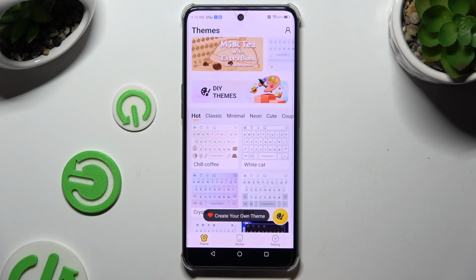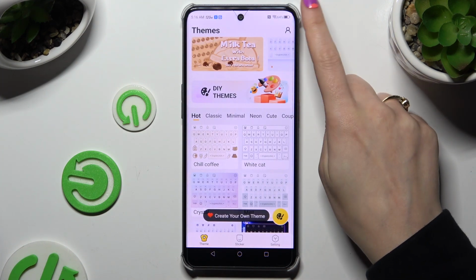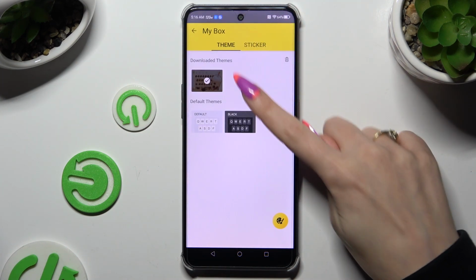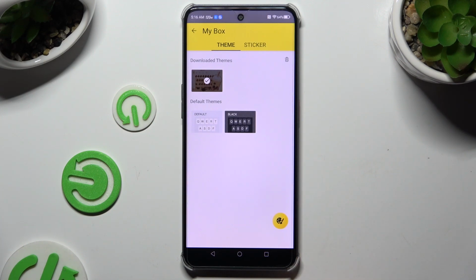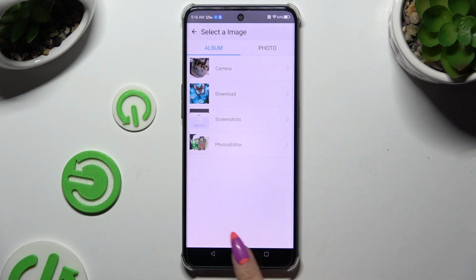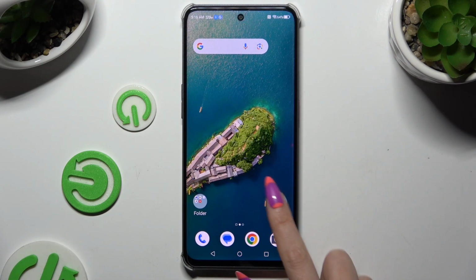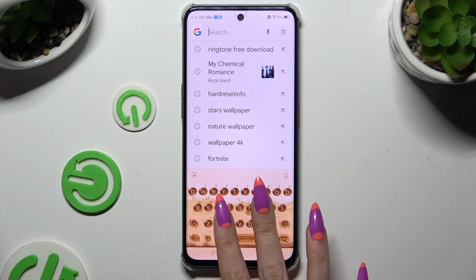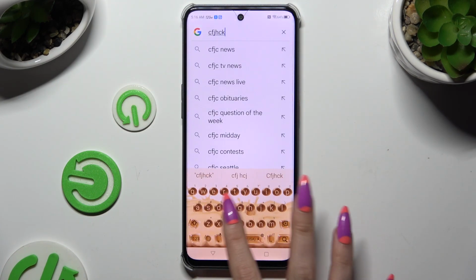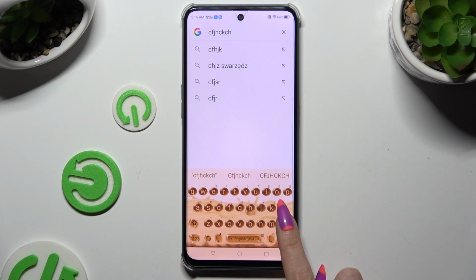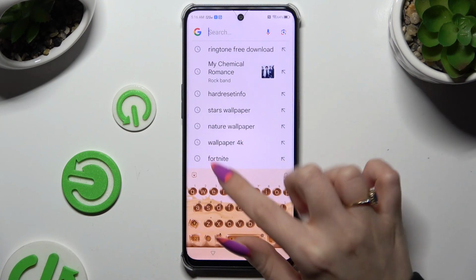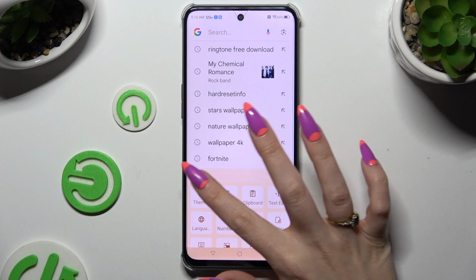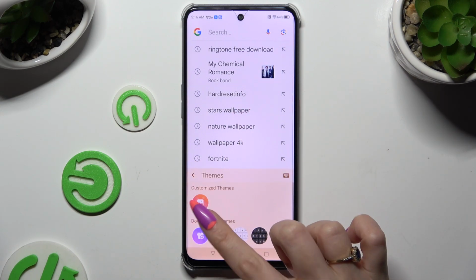You can also check it by clicking on this icon at the top right corner and looking for it here. So sorry, misclick. So when I go back and check my keyboard, I can see that it was successfully set up. If you want to customize it though, click on the same icon, select Themes and tap on this icon